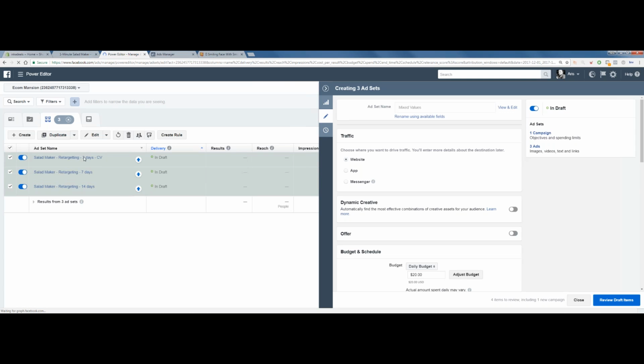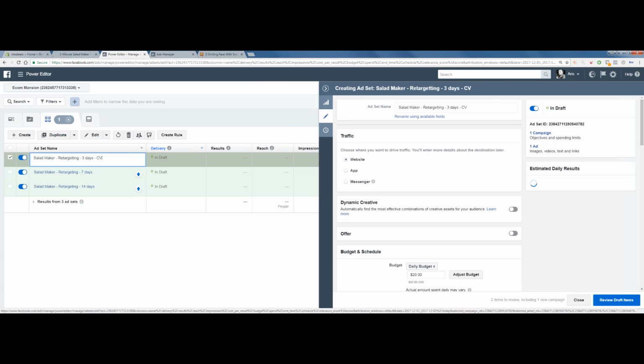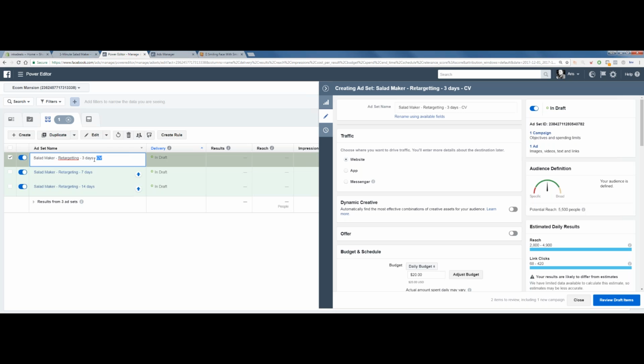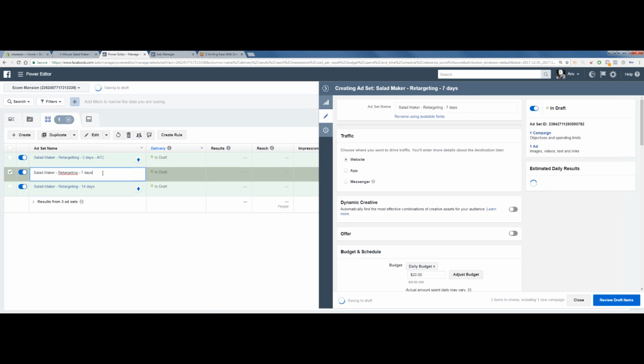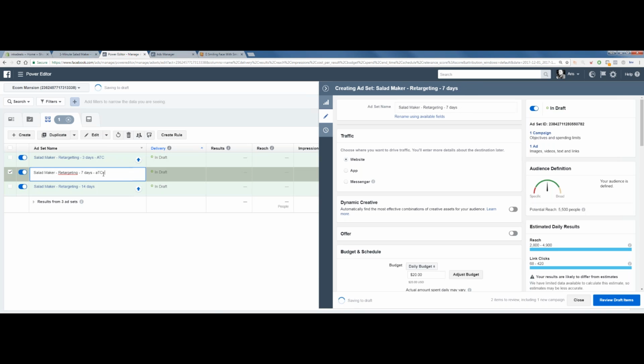There we go. So we need to change the name. ATC, ATC, ATC. Okay, this is the add to carts campaign that we're gonna do.